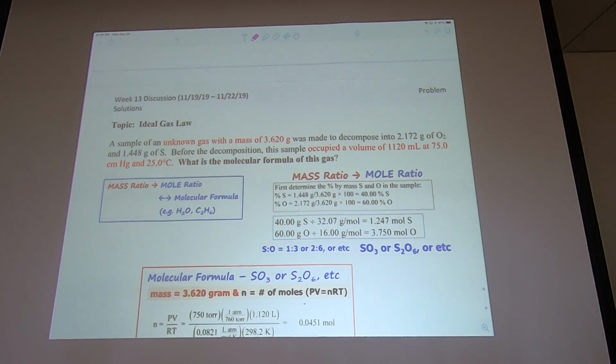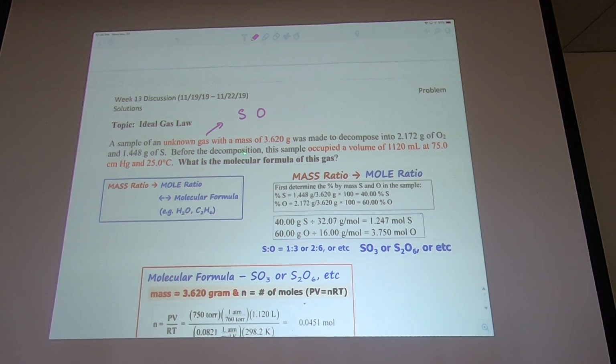So mass is known. And then this one is decomposed into only two, which are oxygen and sulfur. The oxygen is 2.1 grams, and this is 1.5 grams of sulfur. So they know the mass. What's implied here is this gas is essentially made out of sulfur and oxygen. That's what it means that they break it into, and what they want is, they give you that,